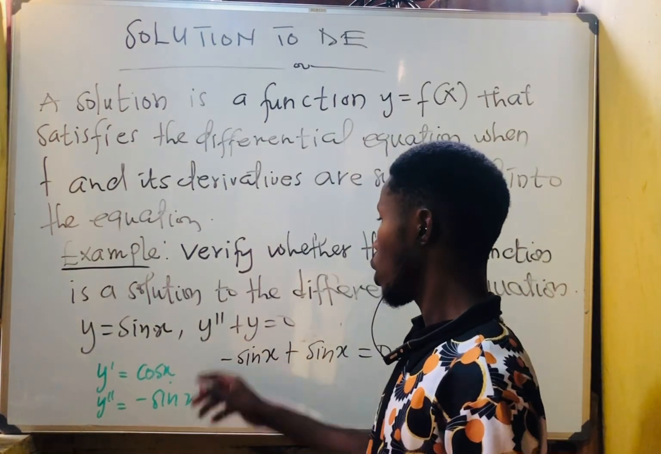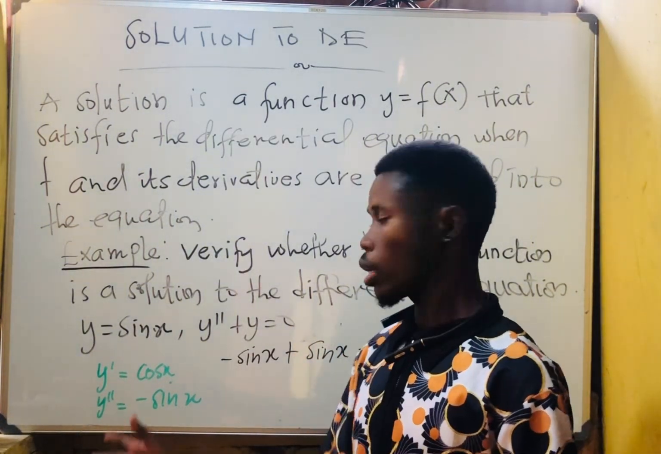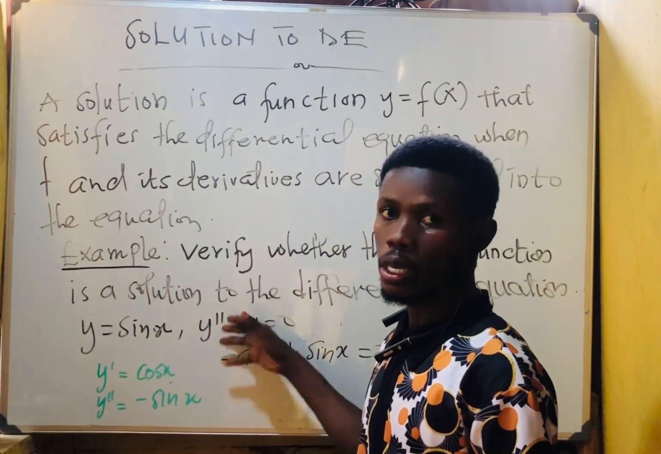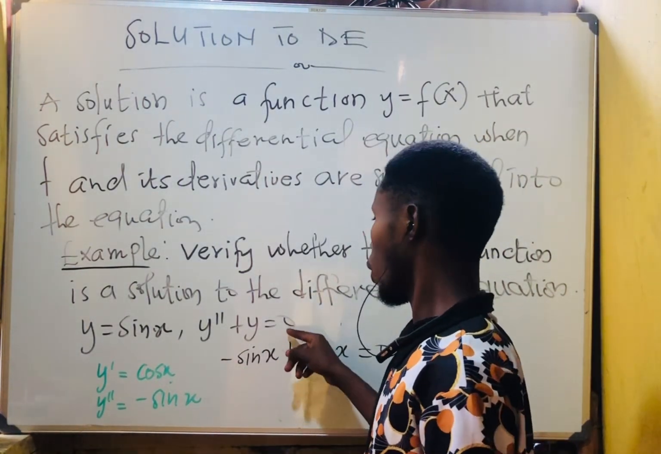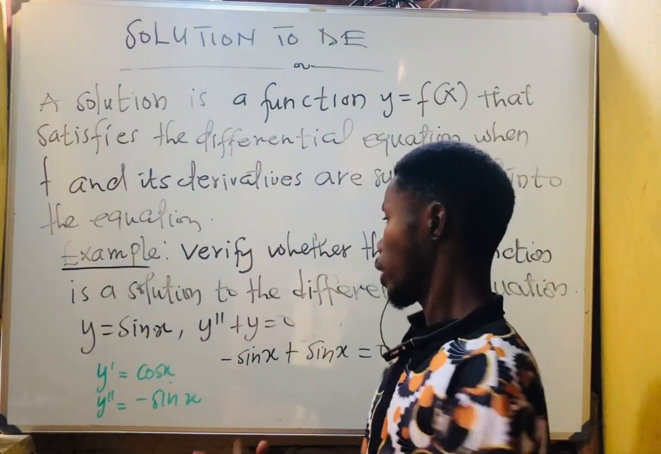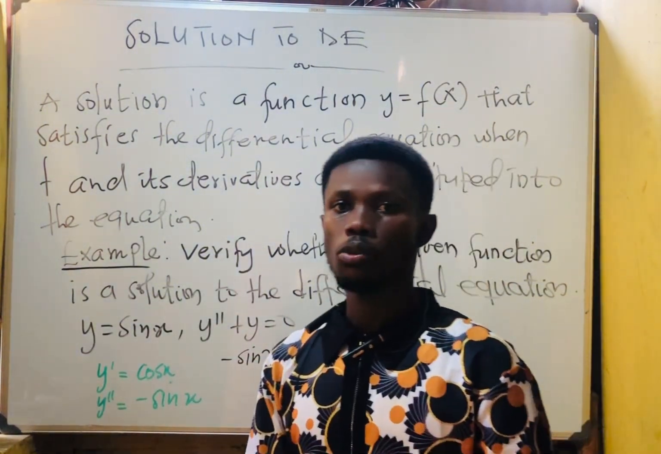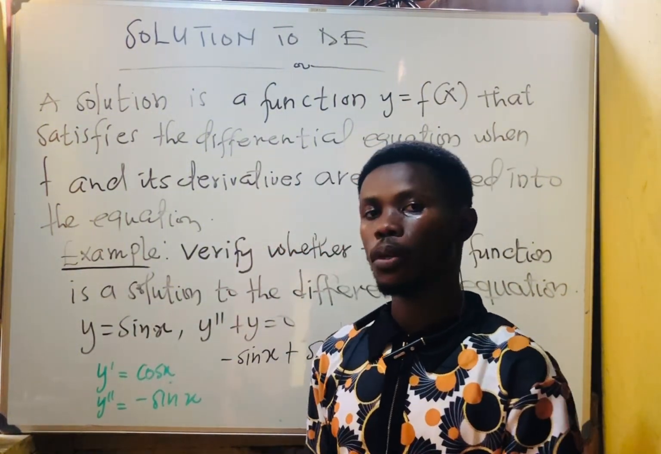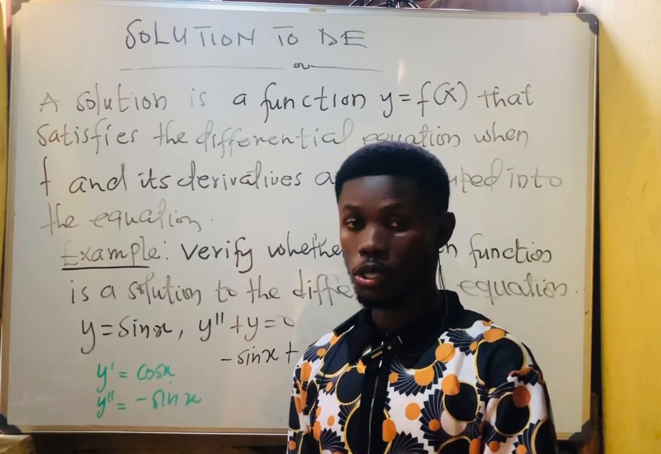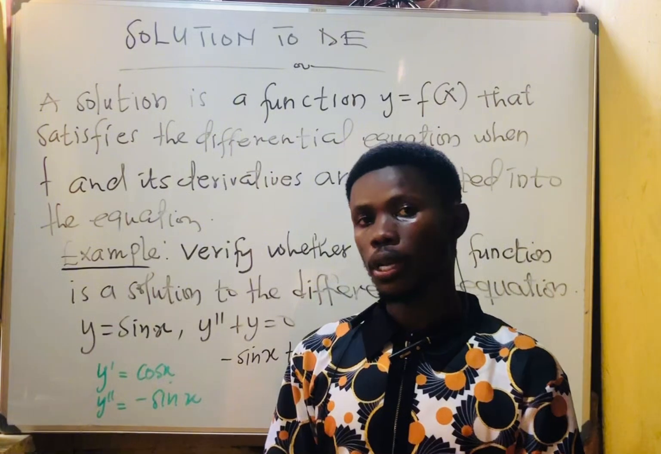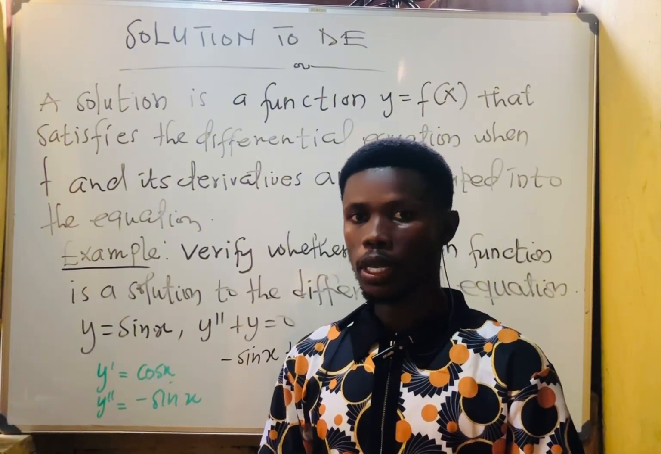So when they give it to you, you look at the differential equation, the number of times that it has been differentiated, then you differentiate the function according to that. Then you come and substitute it there. When it gives you exactly what they want here, let's say this is the left side, and it gives you the right side, then you can say it's a solution. When it doesn't happen that way, then it's not a solution. Is that okay? Now let's look at